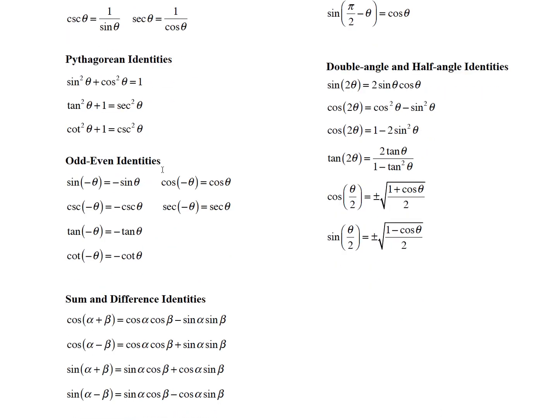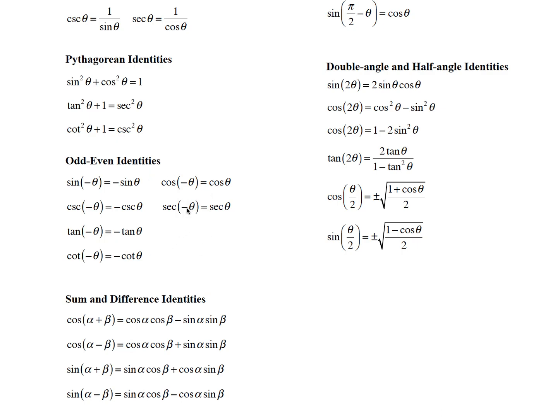And then the odd-even identities, if you just sketch one period or half a period of these functions, say from negative pi to pi, then you should be able to